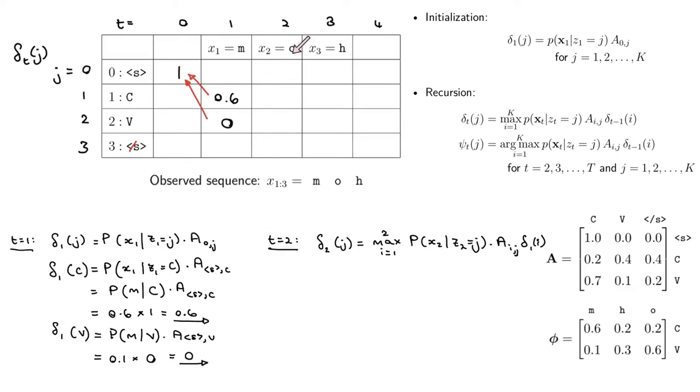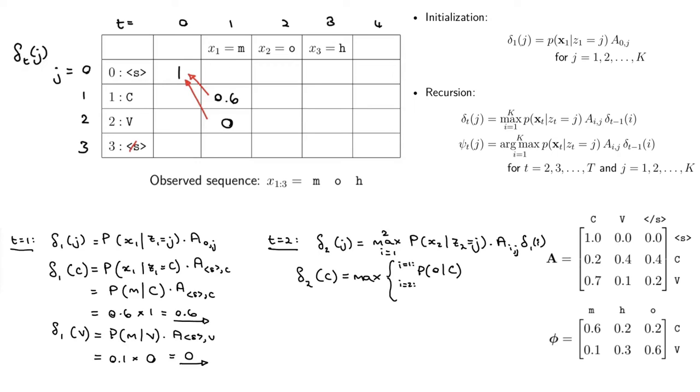So we're considering, when we've observed O, whether we're in the consonant state. At time step 2, we're asking, are we in the consonant state? And we're going to take the max over two things, okay? The one option is that we came from state 1. State 1 is the consonant state, okay? And then the other one is that we came from state 2, which is the vowel state. What are we observing at the moment? O, that's right. Option 1, when I is equal to 1, we've got the P of O, given that I'm